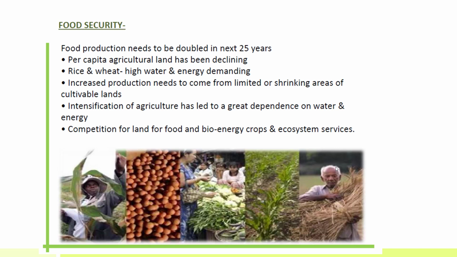So we know food security, we've looked at the definition, and it has to do with access to healthy and nutritious food. It needs to be doubled in the next 25 years. Per capita agricultural land has been declining. Rice and wheat are high water crops, and they are in great demand in the world for sources of carbohydrates. Increased production needs to come from limited or shrinking areas of cultivatable land. There's an intensification of agriculture that has led to a great dependence on water and energy, and competition for land to grow food and bioenergy for crops and